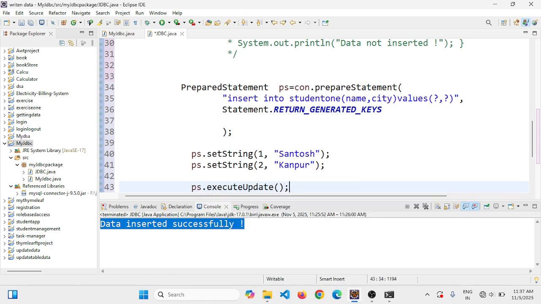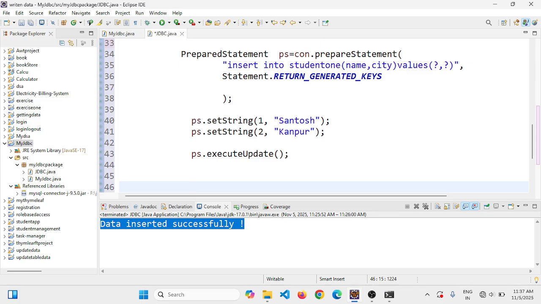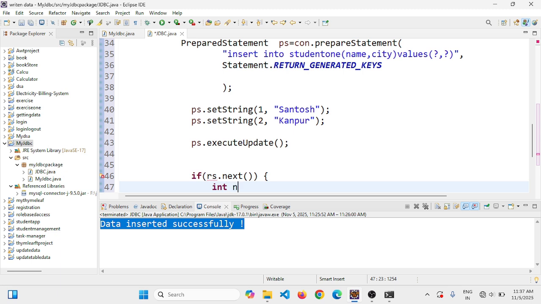This will update your table, the table data you have inserted. So if you have, suppose, rs next, rs next, int newId equals rs dot,